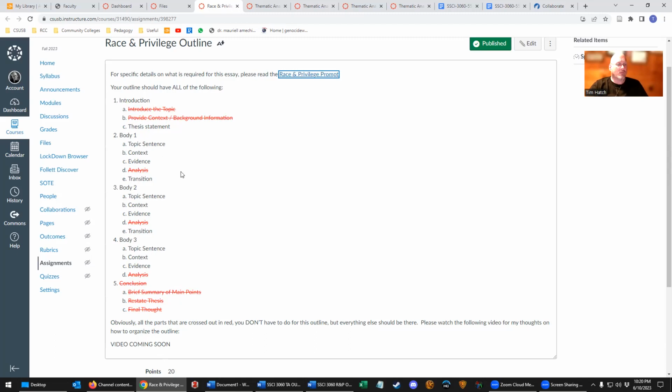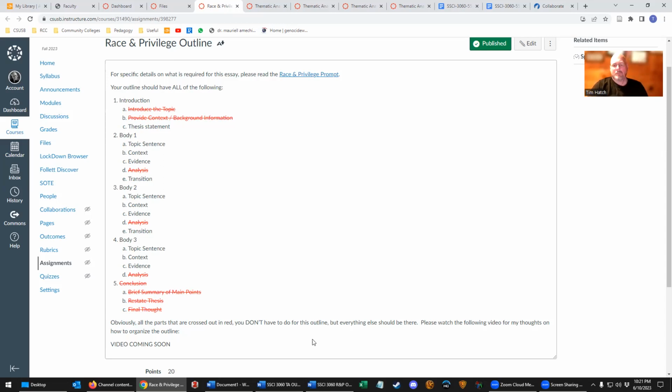You do not need to do all of these elements for the outline assignment. Everything that is in red and crossed out, you're not going to be doing for this assignment. You're just going to be doing the other stuff, which I clarified down here. And I'm not going to repeat it because I just said it. Anyway, let's look at what this outline looks like in